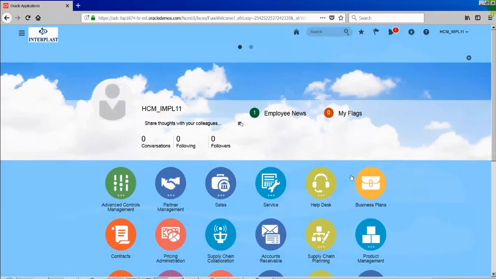But as of today, in release 12, if you access the same URL from your handheld device, it won't be in a mobile specific format. The page will be bigger, and you have to drag on and off to look at every icon. What I mean is that till release 12, none of the Fusion applications are mobile enabled.